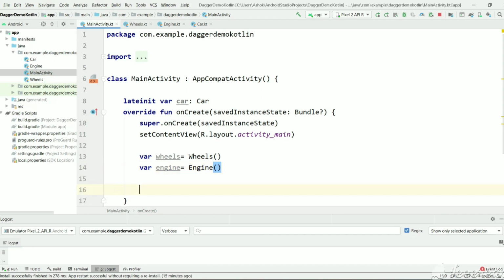And now we have to create a car, passing wheels and engine.